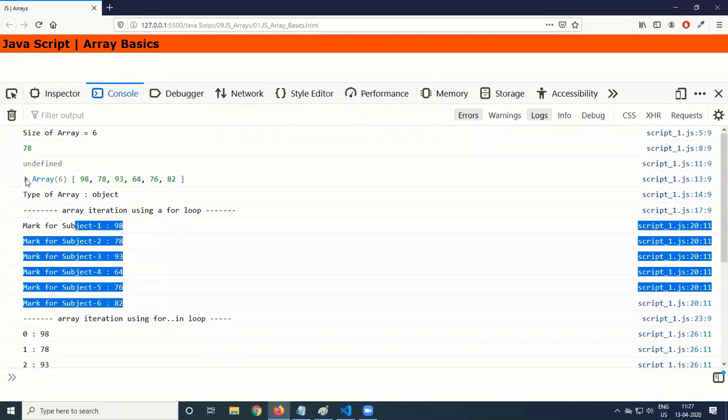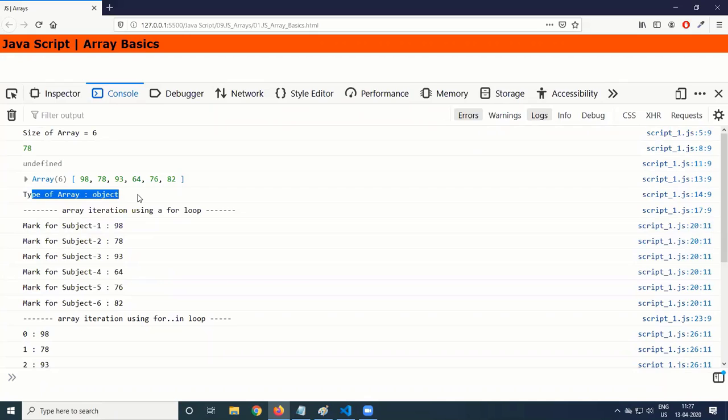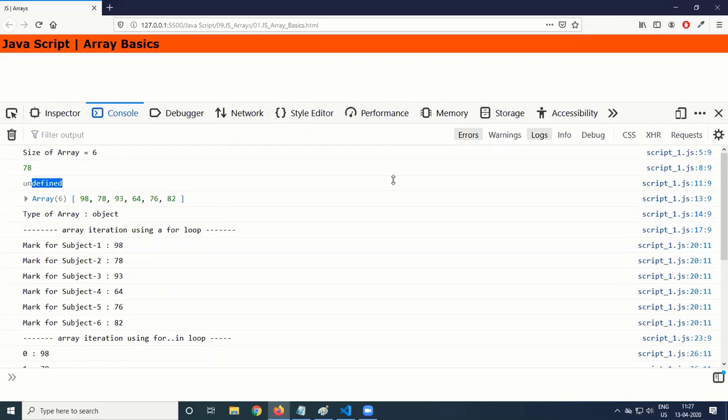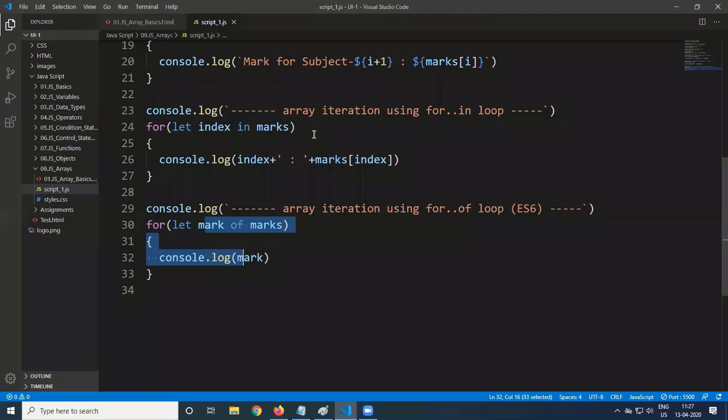We are getting an array and displaying it, and the type of array is object. Length is a property. By default, whenever we create an array, since it is an object, every object has some properties. By default the property is applied, and we saw how to get the existing value and how to get the non-existing value. So the first part of array is what we have discussed.